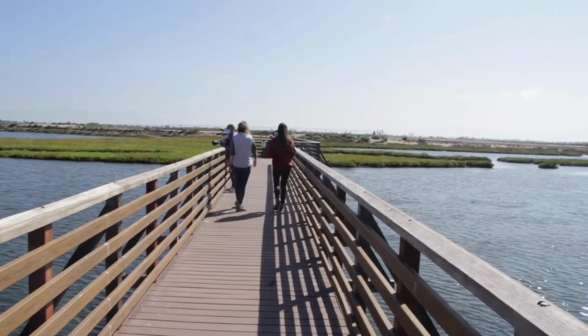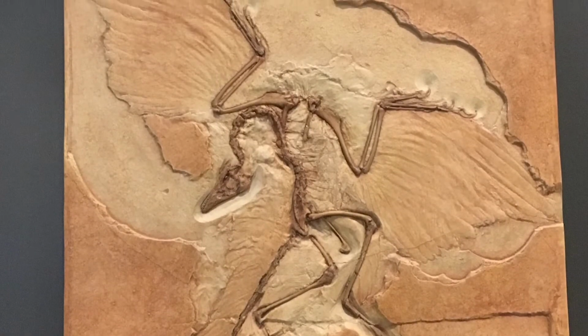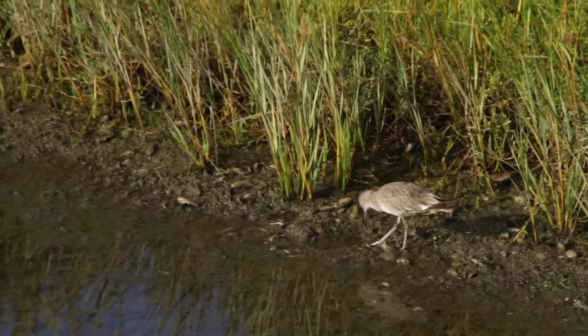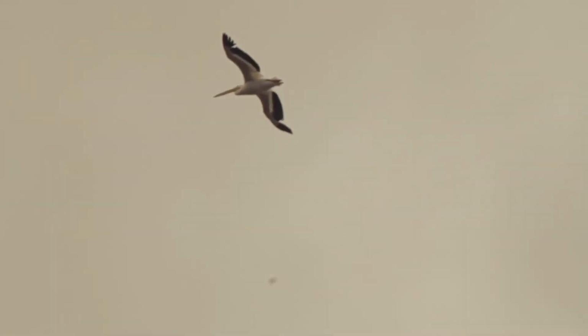Someone told me that there were dinosaurs here. How is that possible? In a sense, yes, there are. While all the dinosaurs as we know them perished 66 million years ago, one tiny branch of the dinosaur family survived, and that's birds. Starting with only a few species of birds, those that survived the mass extinction responded to